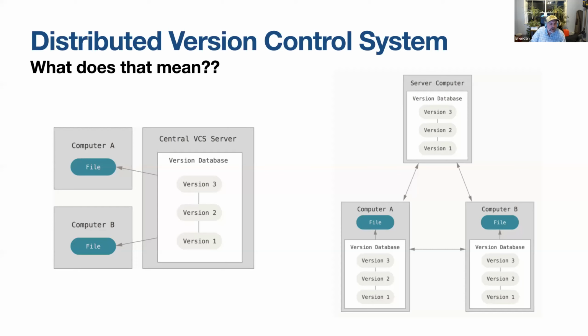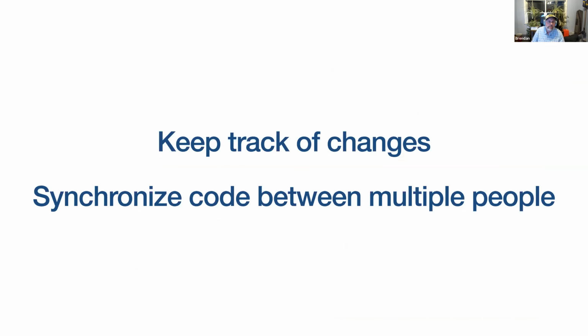Before you start working, each user clones a full copy of the repository. So as you can see here, we have our server computer, which would be either a third-party service like GitHub or Bitbucket, or a self-hosted service that your company uses. And then each individual has a fully complete backup or clone of the Git repository. So what are the key takeaways here? The most important things is that Git keeps track of changes, and it synchronizes code between multiple people.